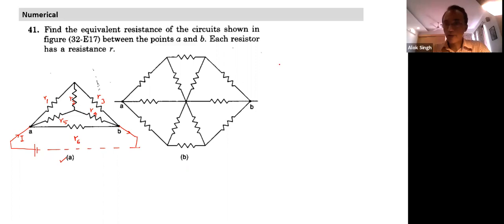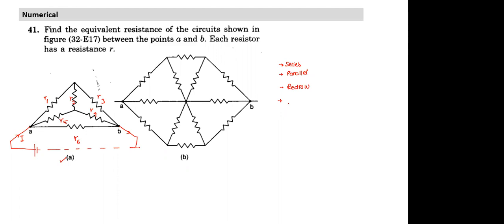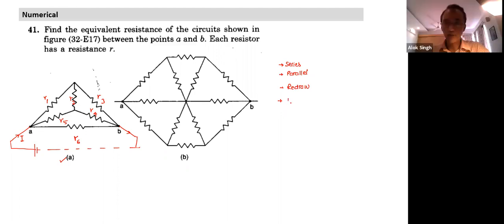The first thing we do whenever we see a circuit is look for series. If there's something in series, we make it simpler and replace those two or three with one. Then we look for parallel. What is the next thing we do when we don't spot series and parallel? Sometimes we try to redraw, but this is not a redraw kind of question. If nothing happens, what should we look for next? Equipotential. Yes, it may be a Wheatstone bridge. It may be a Wheatstone bridge.